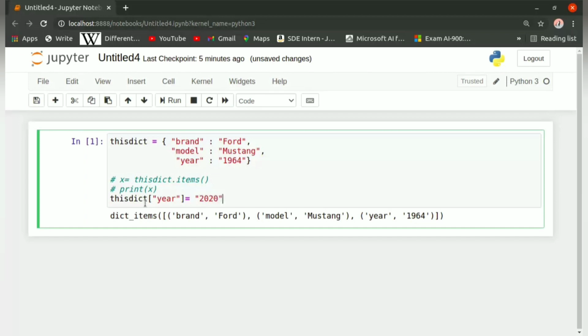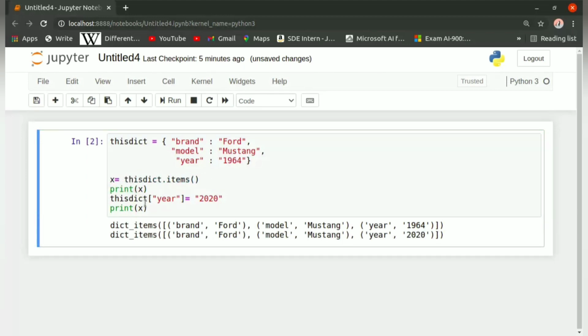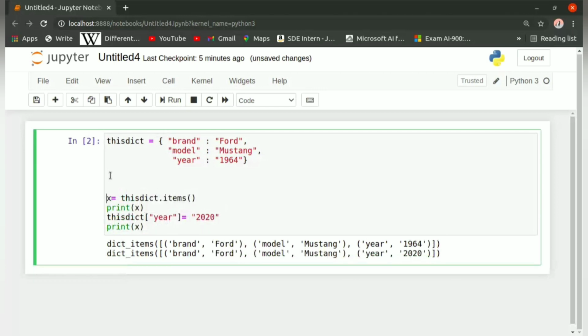Print x and let us see what is the output. So the output is, previously it was giving 1964 and after the change it is giving 2020 as the value for the key year. So this is how we update some keywords or the items of a dictionary.